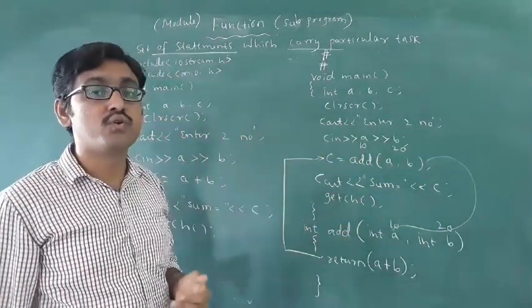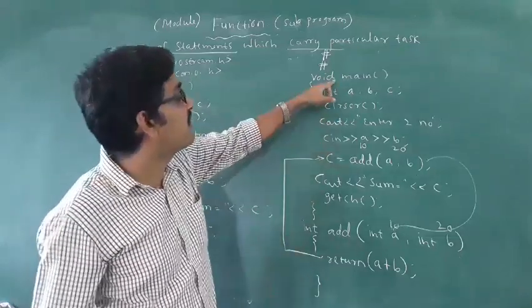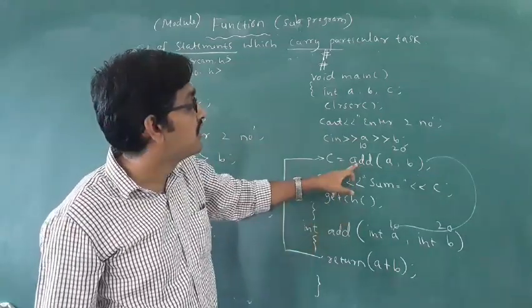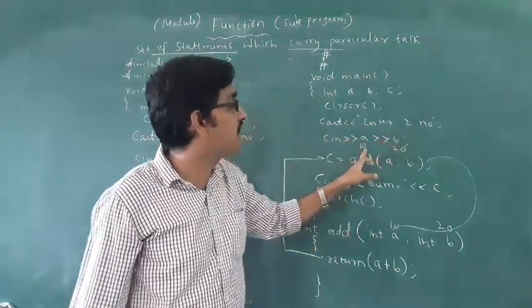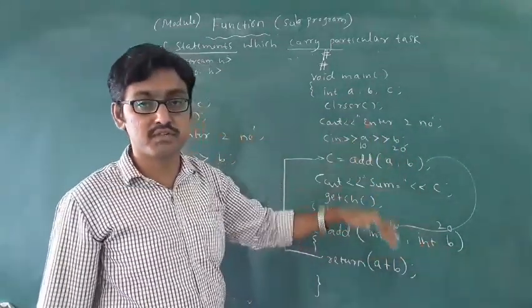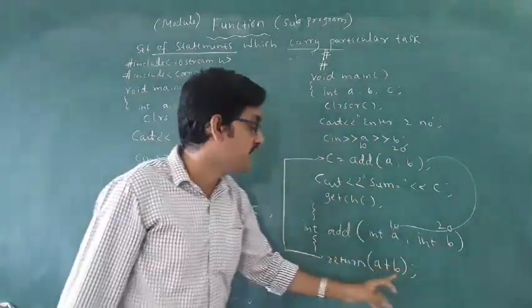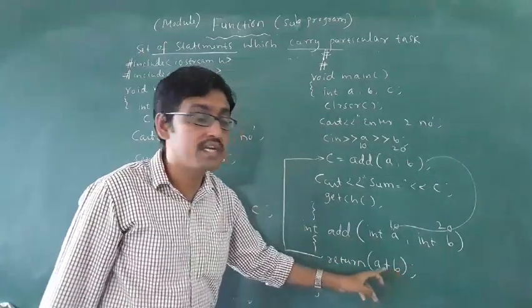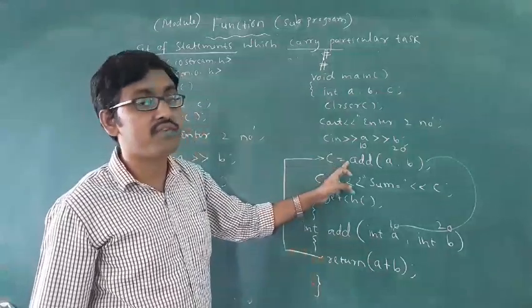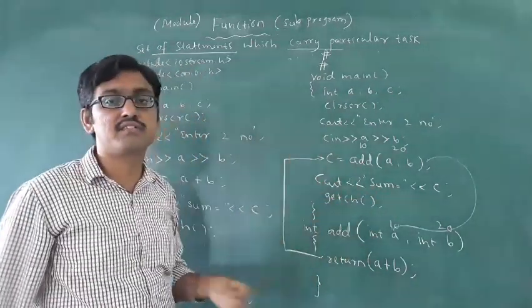Okay, once again I will tell you how it will work. The main function calls the add function. When you enter two values 10, 20, they come here. 10, 20 jump here. 10 and 20 come here. It calculates 10 plus 20, how much? 30. 30 will be written. That's why I am writing here return back to the main function. Okay, then what will the c value be? 30. 30 will be displayed. Like this it will work.